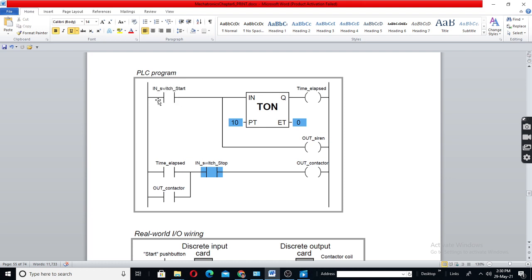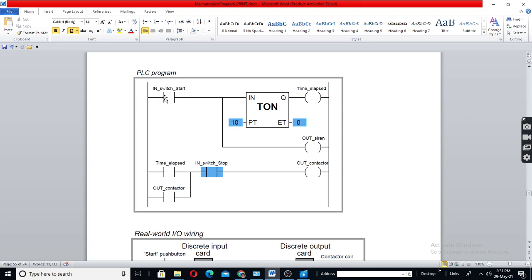So this is a contact input, and this is output. Actually this is not input, this is actually a data bit which represents input condition. And this is the output data, a value bit which is given to the output port or output channel. But generally we can say this is input and this is output. And this is the program here, a timer program. This is a T on timer program.